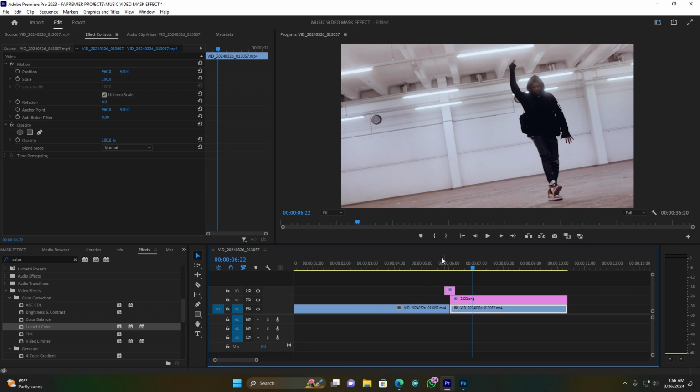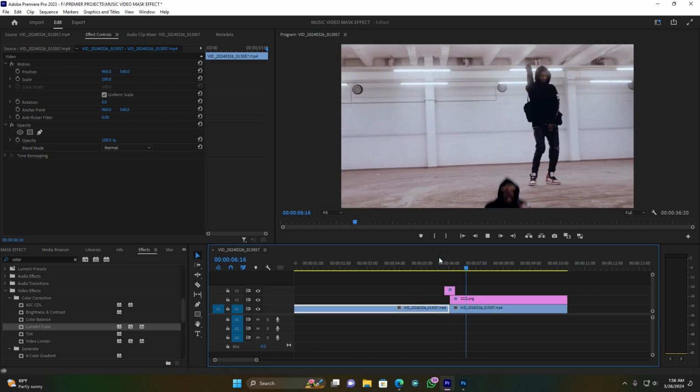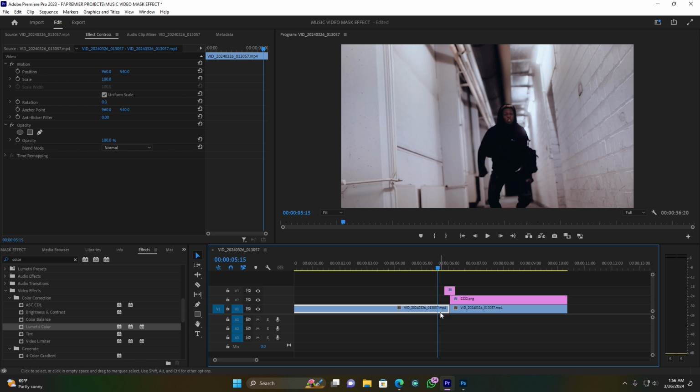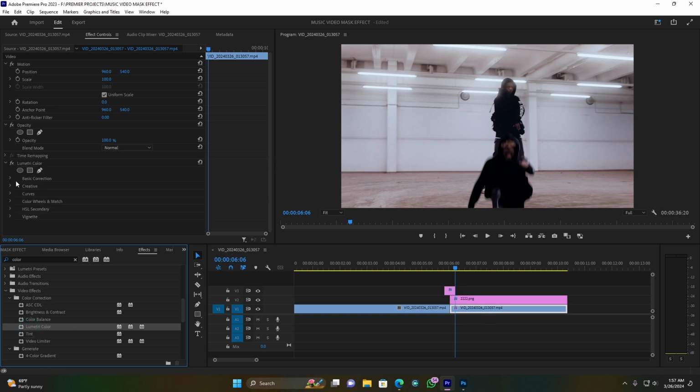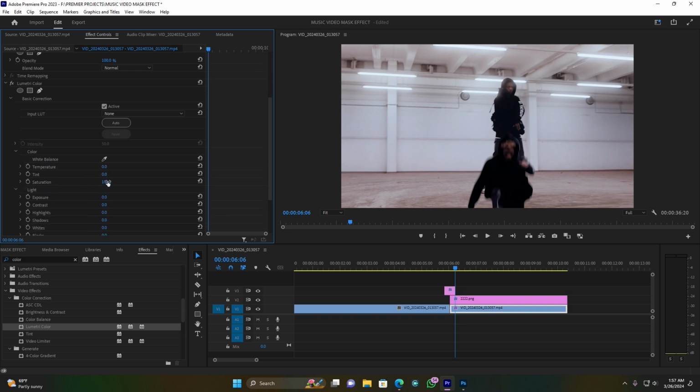Okay guys, for separating this first clip from this second one, I can add black and white on this second clip. So I have to add Lumetri Color on this second clip. Now open up this basic correction tool. Now I have to reduce this saturation. I have to put it to 0. Okay, so when I play,